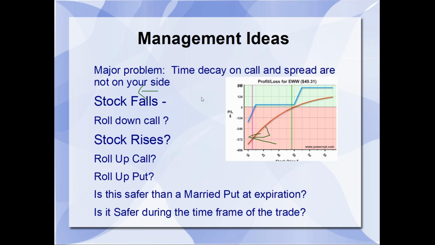Major problem here, in my opinion, at first glance: time decay is not on your side on the short call and on the spread. You can see that by the curved profit and loss chart. This is the halfway point based on the Black-Scholes pricing models for what would be remaining value on the call and the bear put spread. Notice even here at 50, you're at a small loss of probably 25. Here we're at about 75 at about $47, $48. At $46, you're at a $125 loss at the halfway point. No, I'm sorry, at $42, you're at $248. Okay, it's not that bad.